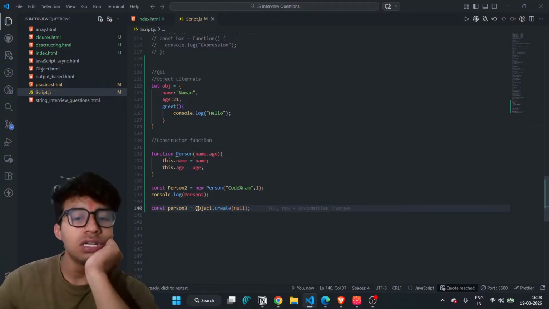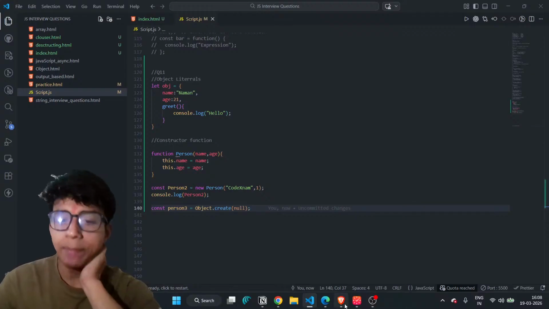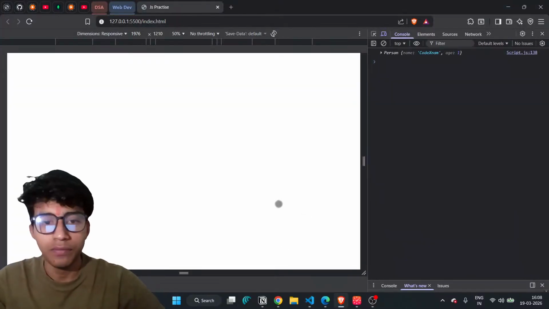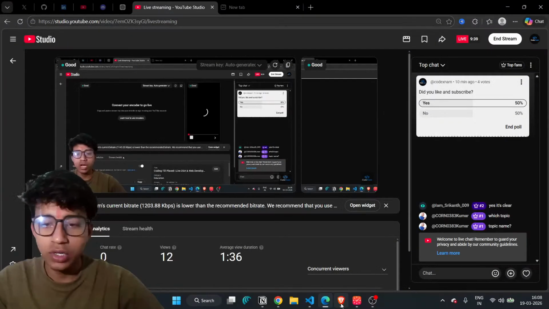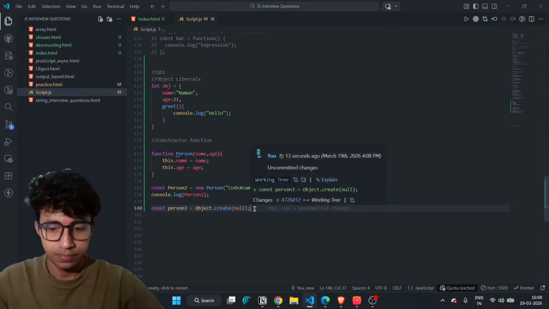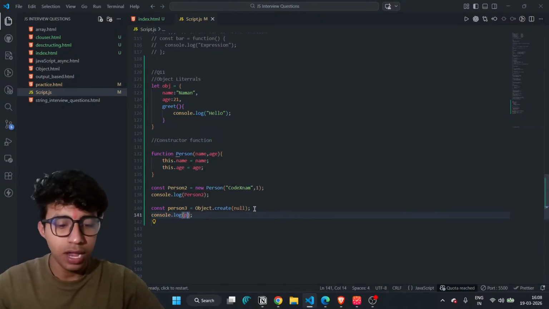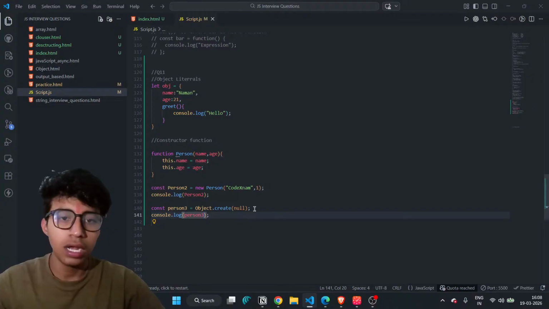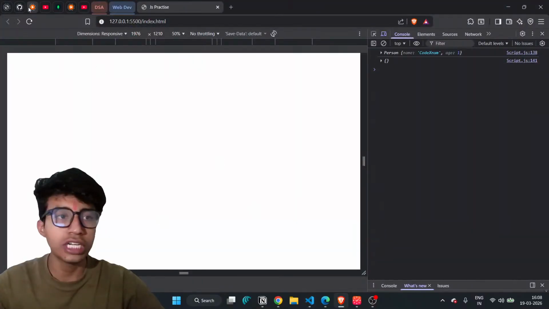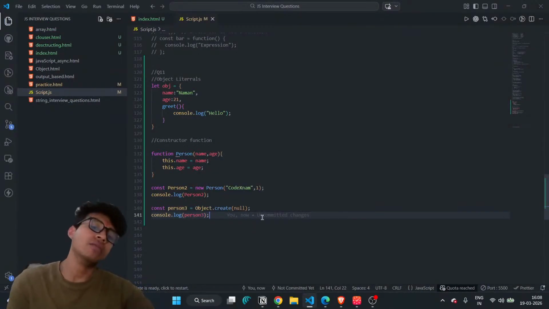It's a variable and Object.create null. I think it will simply create an empty object. Let's print that code. I go there and console log person 3. And on the output screen you can see that it simply created an empty object.